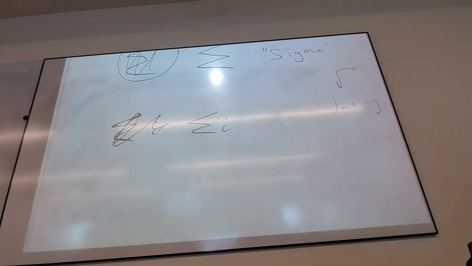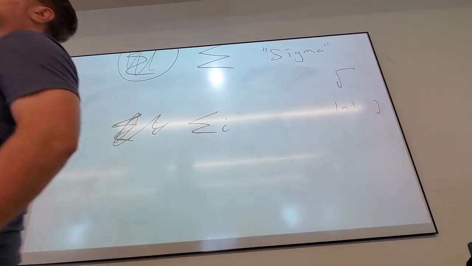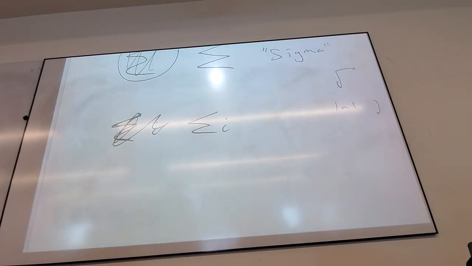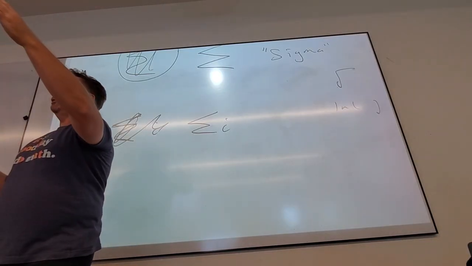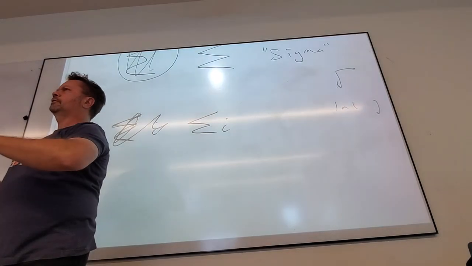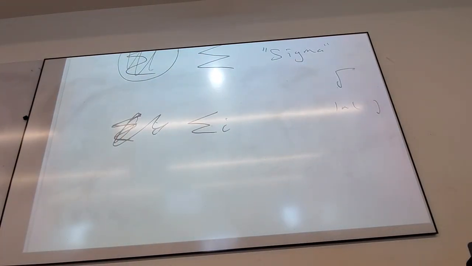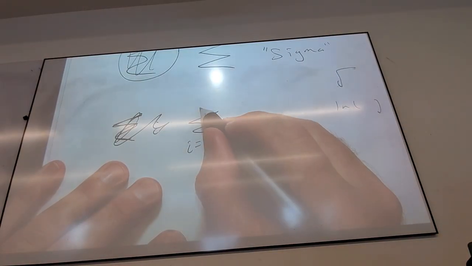This says add up I, but I haven't given you enough information. What's a really good question? What's the rest of the information? Okay, good. A really good question though is what is I? If I is the variable we use primarily for these sums, I have to tell you what I starts at and where I goes to. So for example, I starts at 1 and goes to 4.